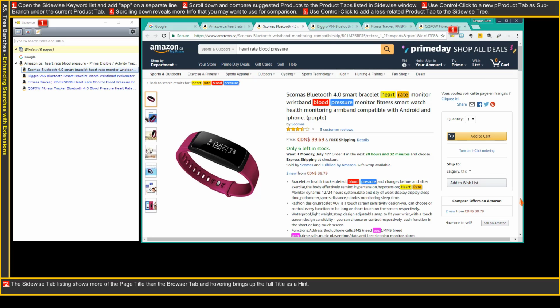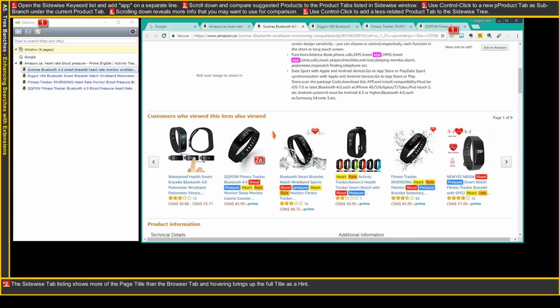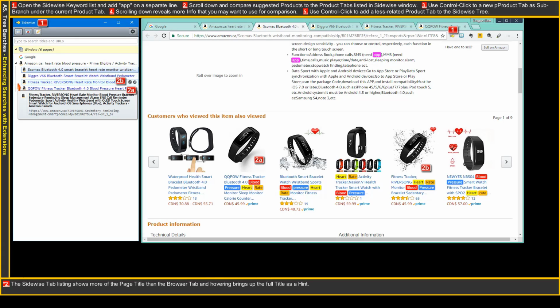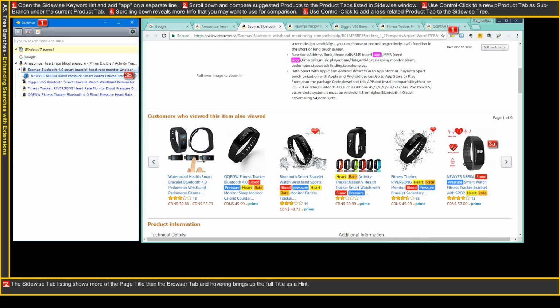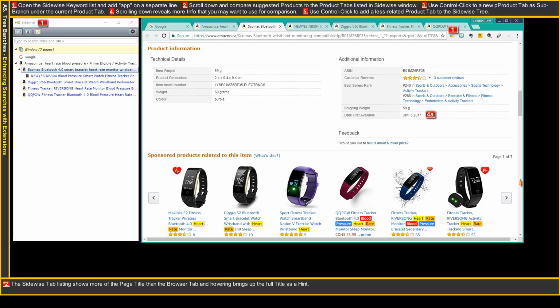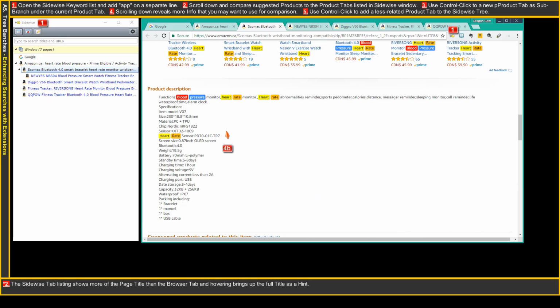Scrolling through the web page reveals other potential candidates, but we can easily see that two of them are already on our list. Using Control-Click, we can add another product to our list and notice that it gets added as a sub-branch in our tree. Scrolling further reveals a lot of information that we are going to want to compare when making an informed buying